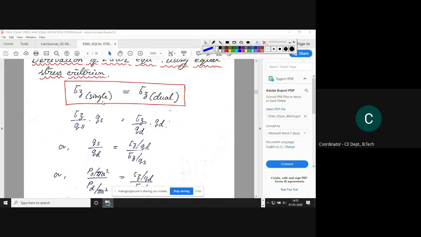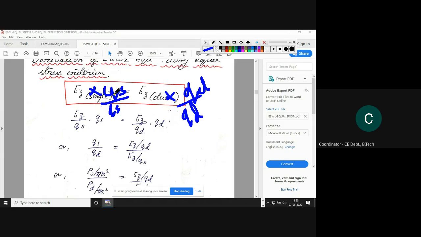Clear? Now simply, suppose this is sigma z, we will multiply this with qs by qs. We can write it like that. And we are multiplying this with qd by qd. Okay. We can write it like this also because qd cuts out. So we will get sigma z only. Now